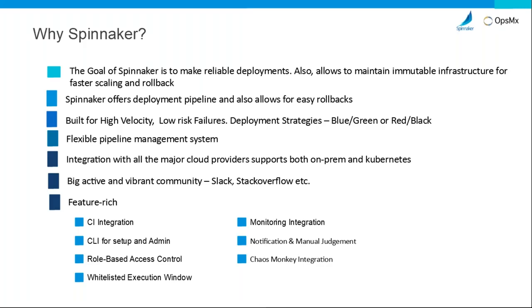Spinnaker also has a CLI, a command line interface, which allows users to replicate pipelines. Suppose you have a pipeline which you want to replicate into multiple pipelines, you can directly do it from the Spinnaker UI, or else you can go to the backend and try it out from the Spinnaker CLI. Role-based access control, which allows